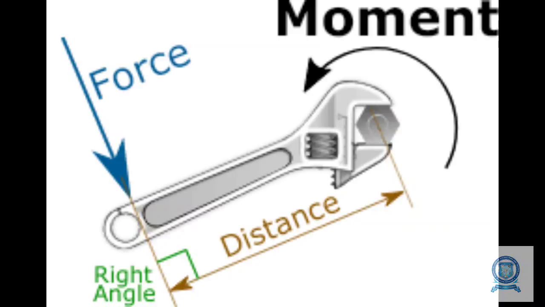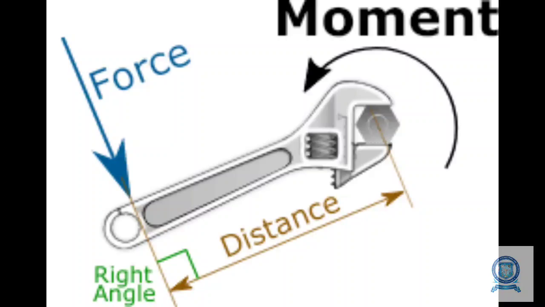Initially, we can see the definition of moment and the difference between moment and a force. First of all, we know that when a force acts on a body, it tries to displace the body from one place to another place. That is, it creates a linear motion of the body. But when a moment acts on a body, it tries to create rotational motion of the body. That is the rotational effect. So that is the difference between a moment and a force.